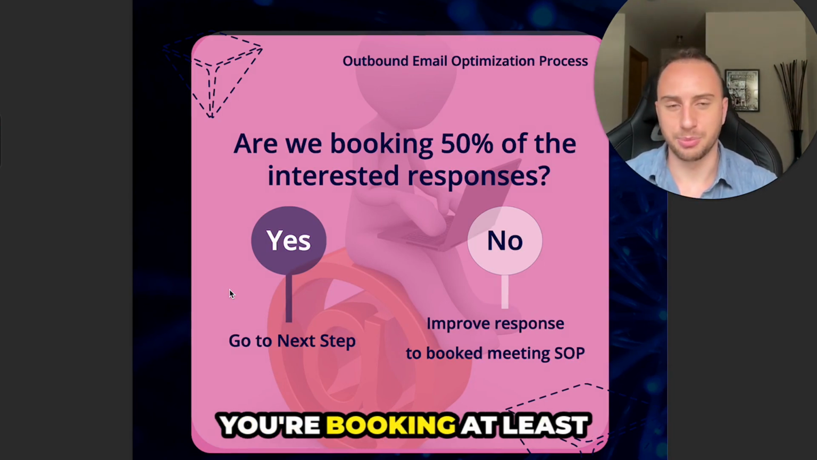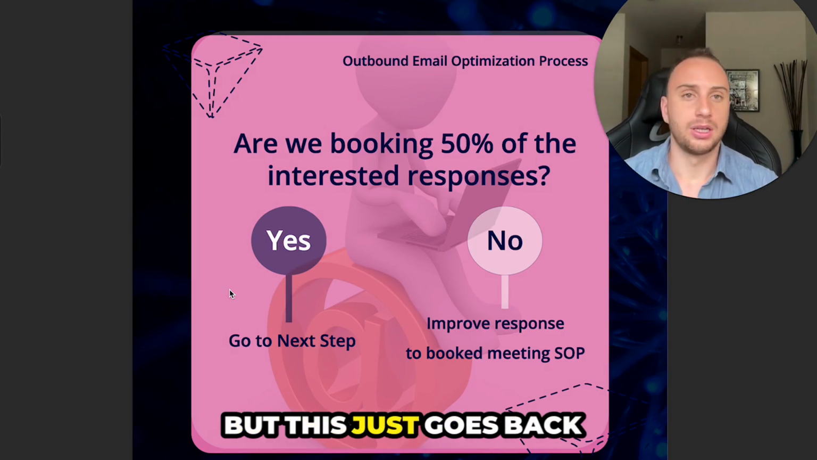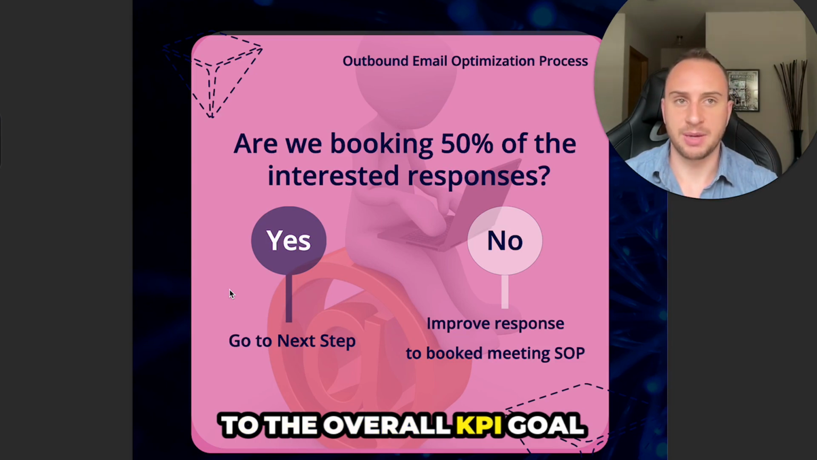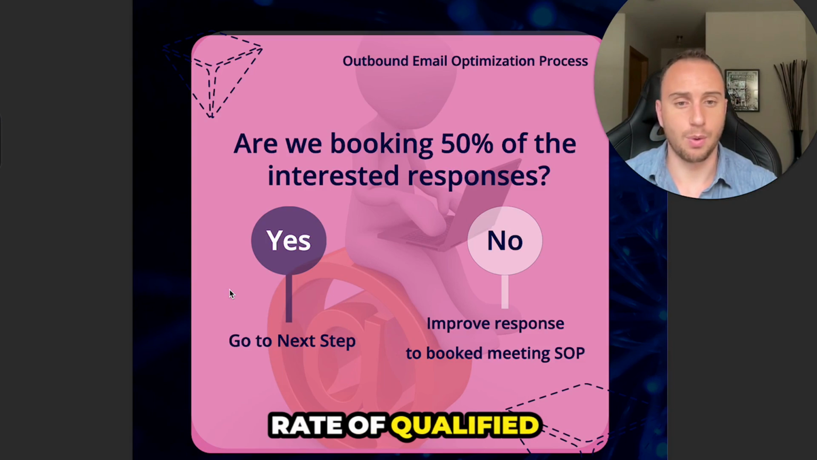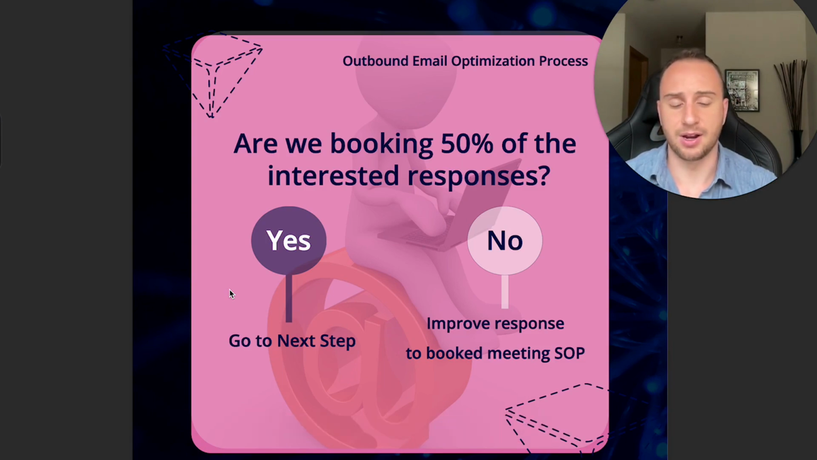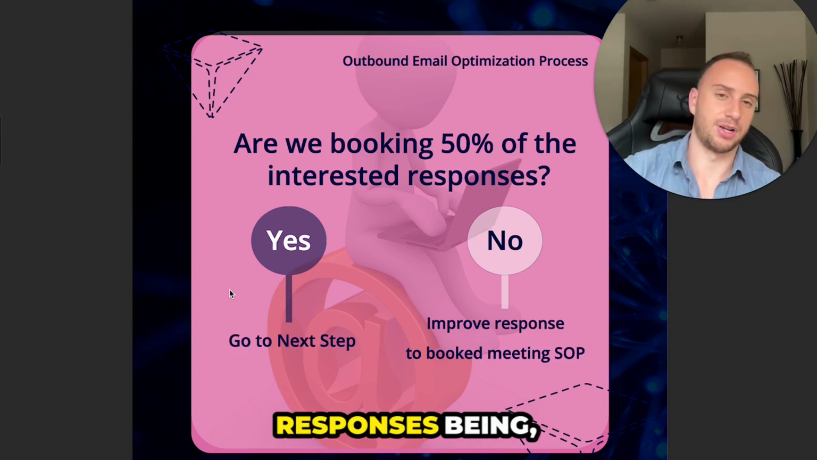Now you have to make sure that you're booking at least half of those. And honestly, you should be booking more than half of them. But this just goes back to the overall KPI goal of a 0.5 to 1% conversion rate of qualified meetings. So again, that's 5 to 10 out of 1,000 contacts a month. You need to make sure that you're getting at least 50% of positive responses being